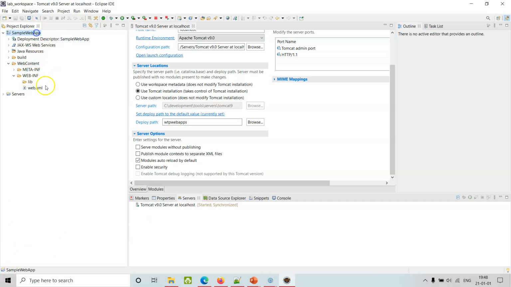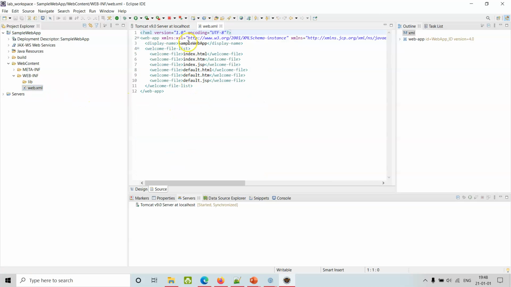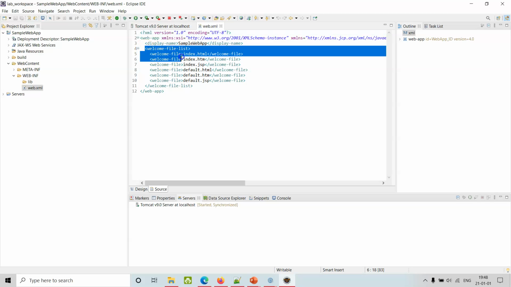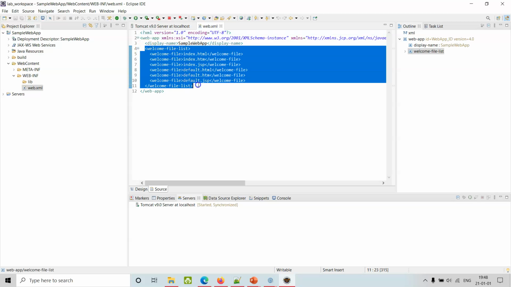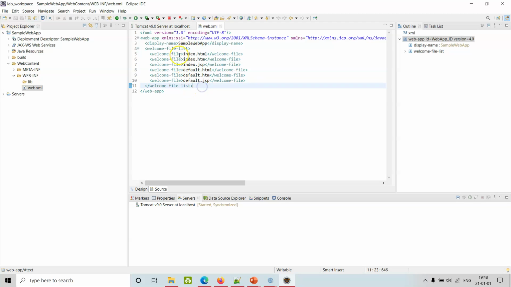So here is the sample web app, and I see the web.xml is created, the deployment descriptor, and here the possible welcome file list. Welcome files, it could be one of them. So when you hit just the domain name, then one of them will be picked up, whichever is available, or if all of them are available, I think one of them by default will be picked up. So we'll see, but then let's add this